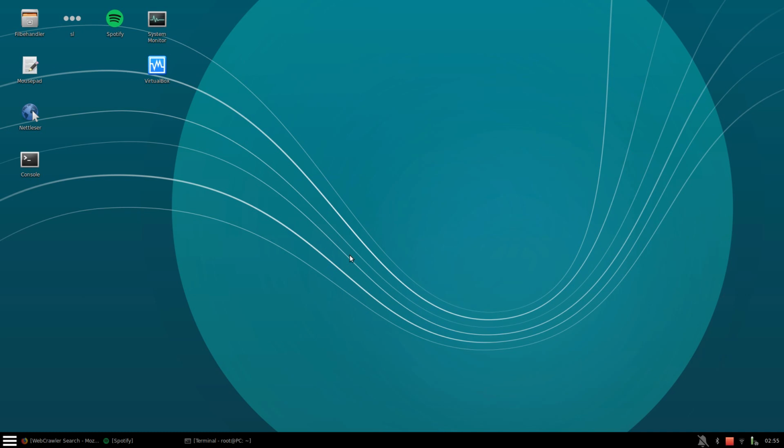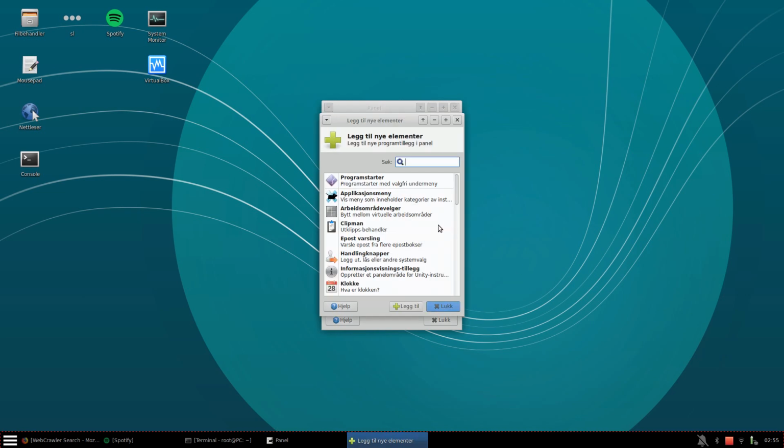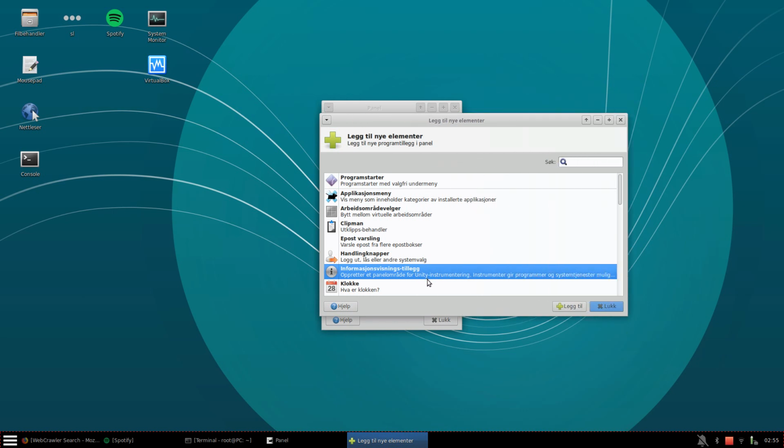Hello again. So now I'm gonna make part 3 of this Xubuntu 18.4 tutorial. I have figured out what was wrong with the panel. You go to panel settings and elements, and I had to remove this information applet that's included with Unity, and that's really a Ubuntu feature, and I'm not sure why it's